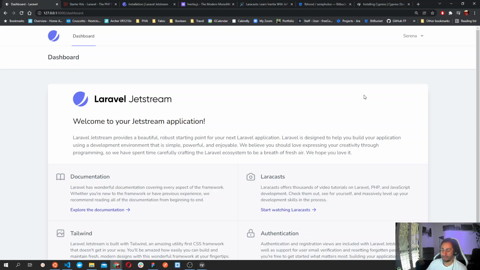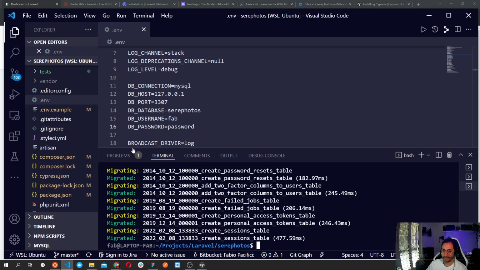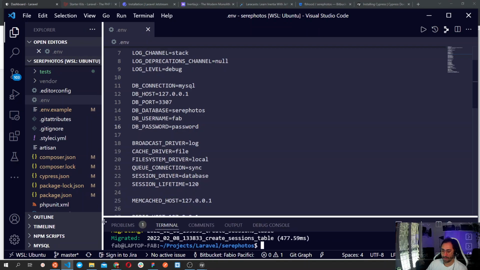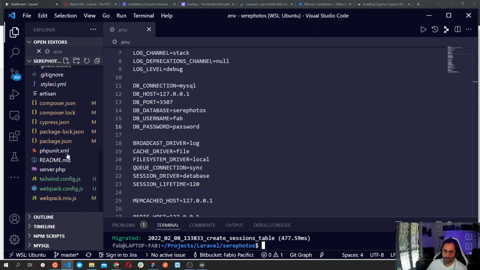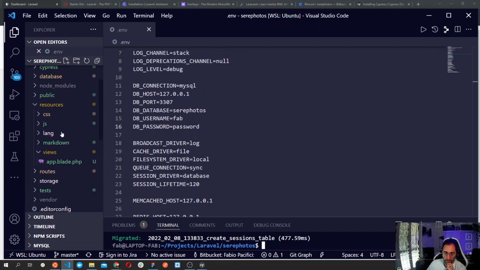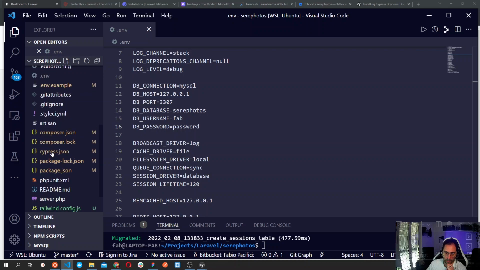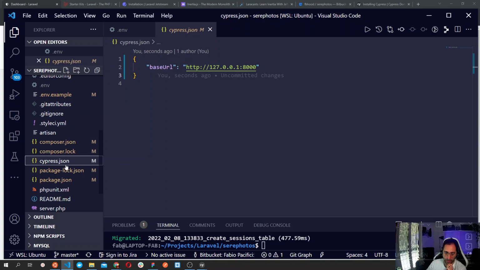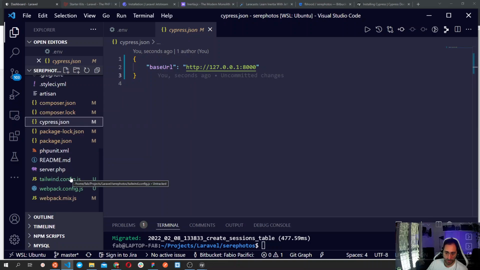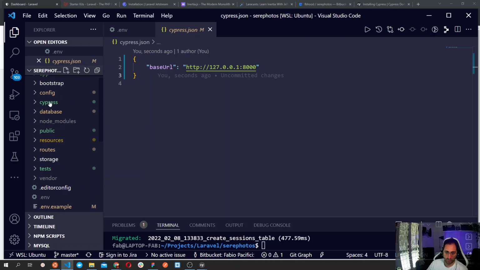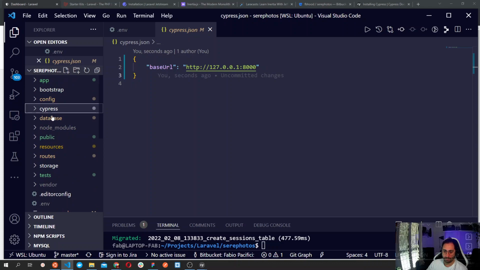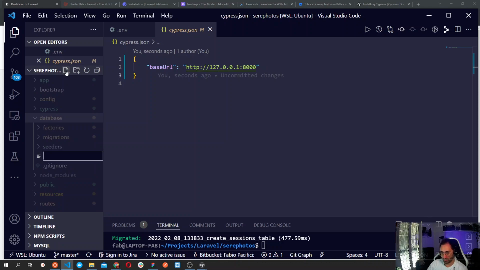So let's create a database for our tests. And since I'm not using MySQL, we need to, where is Cypress? Okay, we got Cypress.json here, that's fine. But where is the Cypress folder? Okay, we got it up here. Right, so now what I need to do is go inside the database and create a new file that we are going to call